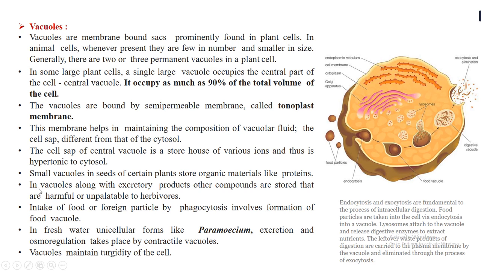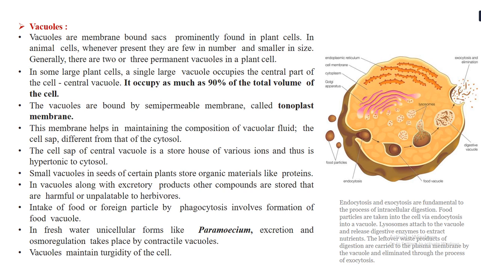So vacuoles, along with the excretory product, also contain other compounds. First, there are harmful and unpalatable materials which are unpalatable for herbivores, so that they can protect the plant from the herbivores. And other than this, there are certain stored pigments, which are responsible for attractive colors in the petals of the